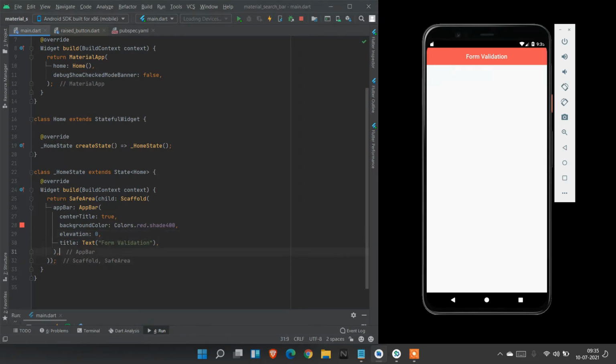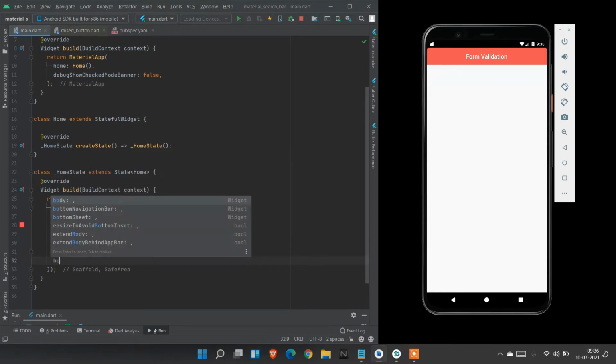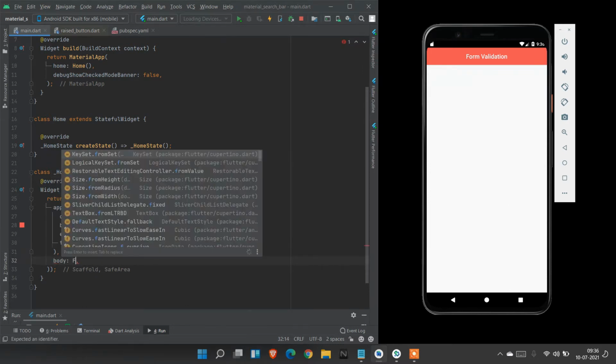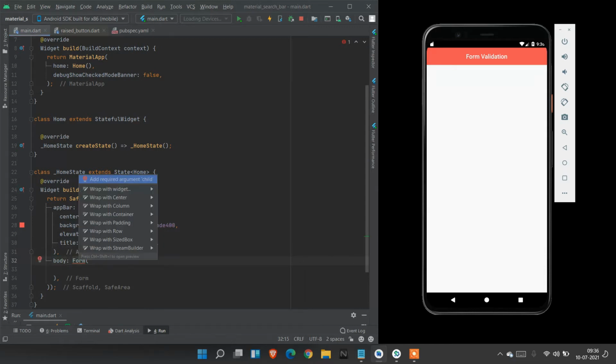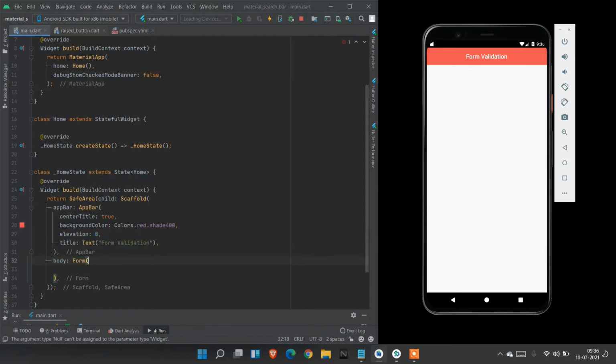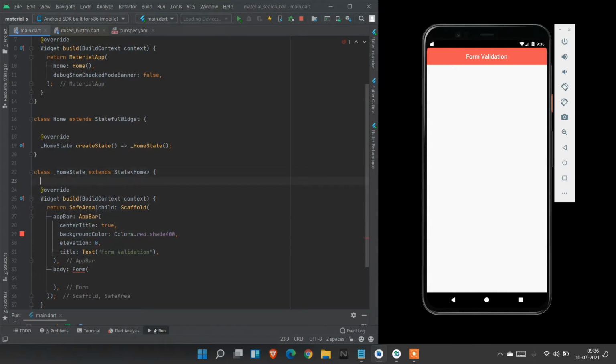Now I need a text field here line by line, and under the body property we need to create a form key to handle this form. It requires a child, it requires a key, so I create a form key.